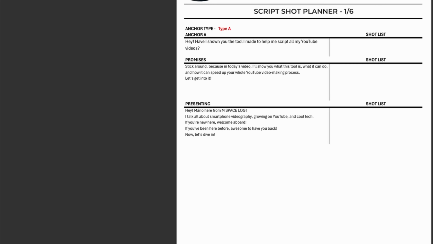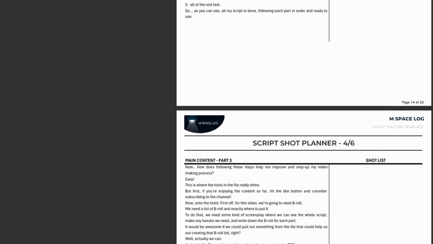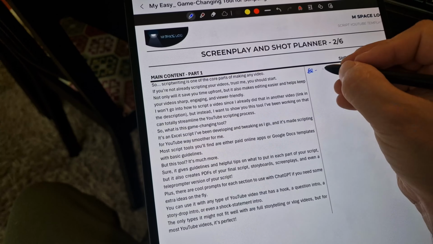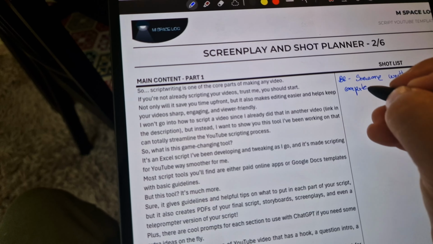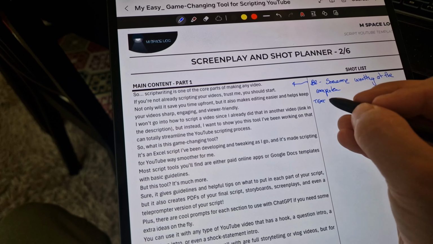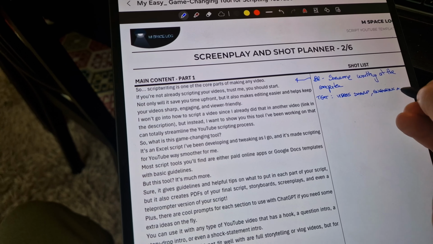It is as easy as you saw. Now just need to print it out and write down all the B-roll shots you need. Don't want to print it? No problem. Just type it out directly in the file, export it, and you're set. Once you got your B-roll taken and get your script complete, you just need to shoot your main video.